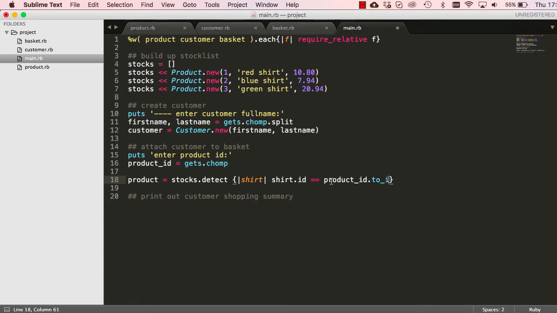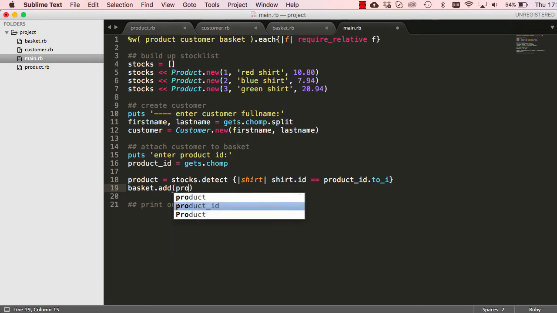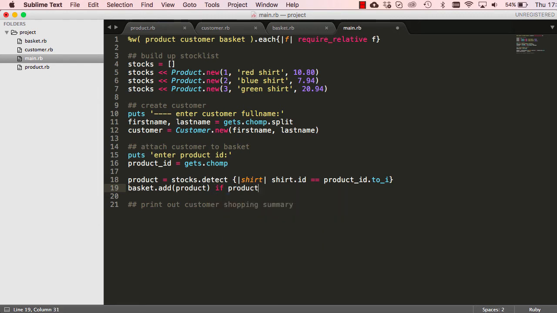Brilliant. So this works. So we have a product in there. So once we have a product, we want to be able to add that product to a basket. So we'd basically just say basket.add. Remember, basket has the add method. We'll add a product, but only if there is a product to add. So if line 18 does not find any information, we don't want line 19 to actually run. Okay, so this is going to do what we want, get information, and it will add that into